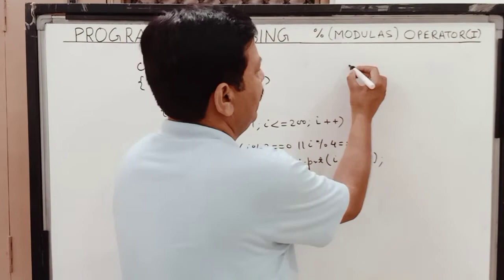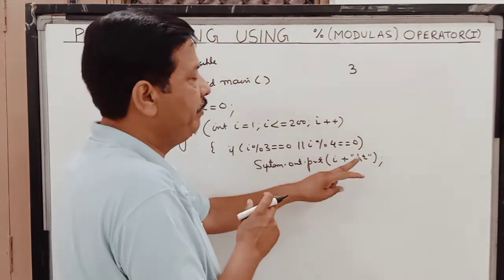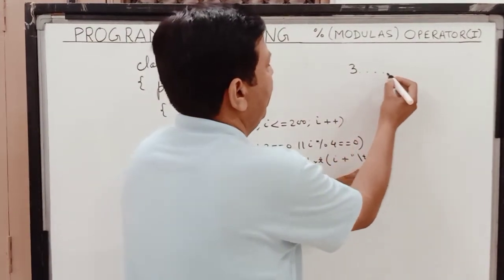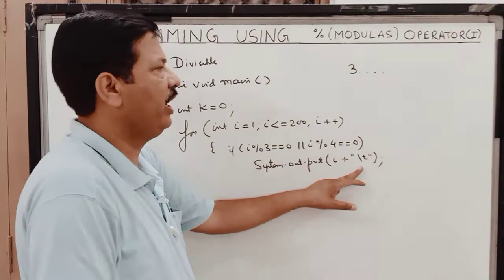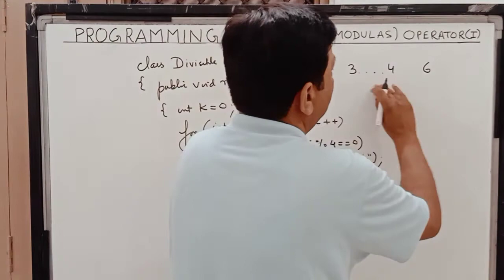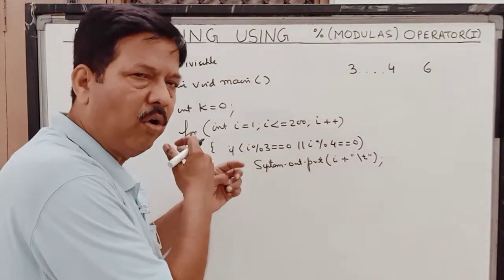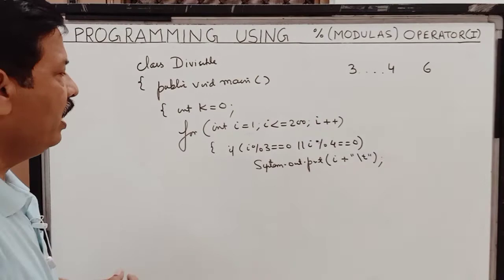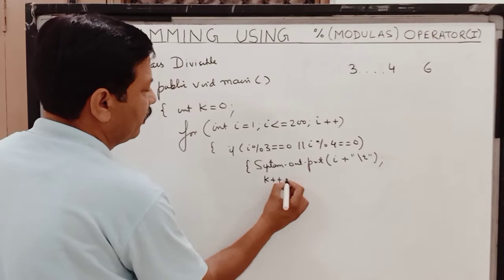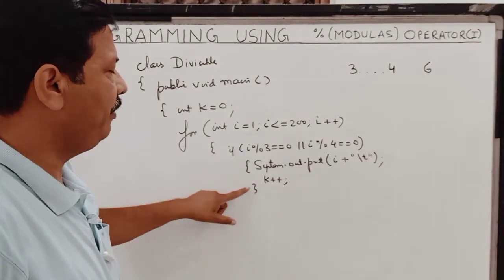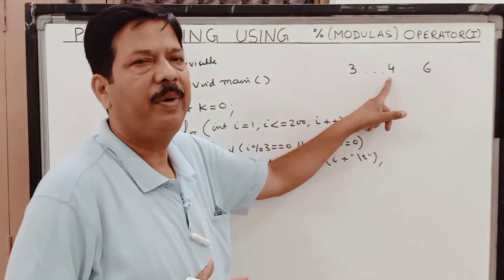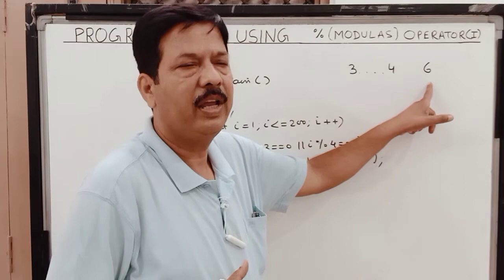So the first number which will get printed will be 3. Then because of this slash t or tab function, it is going to leave few spaces. By default it is 4, but it can change, and it is going to print the next number. Then it is going to print the next number. So in this way this tab is leaving, but it is going to print all the numbers in a single row. Now children, since I have printed one number, here I am saying k plus plus. If I am printing a number, I am saying k plus plus. So first number gets printed, my value of k becomes 1. Second number gets printed, k becomes 2. Third, k becomes 3, and so on.